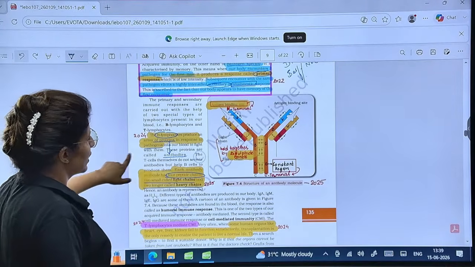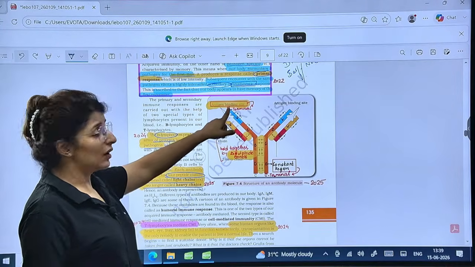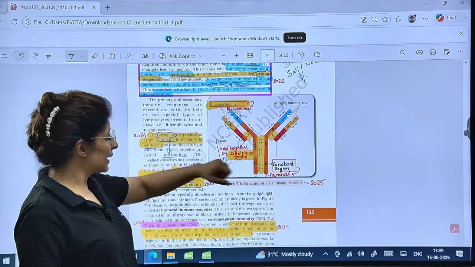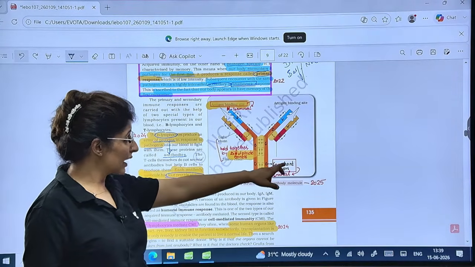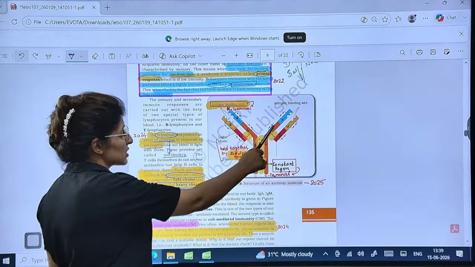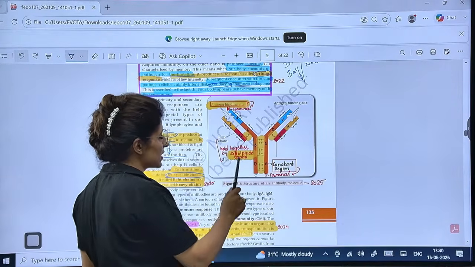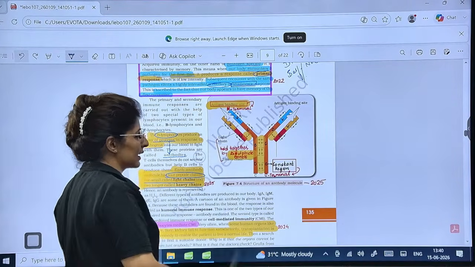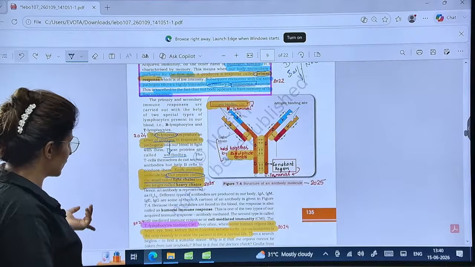See, this side on the N terminal we have the antigen binding site, and towards the C terminal we have constant regions. The four chains are held by disulfide bonds between the light and the heavy chains. Is that clear to all? Now